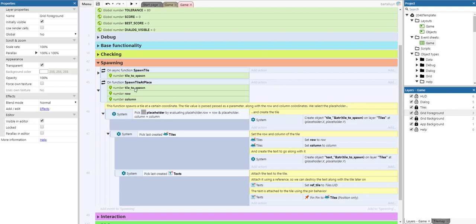So the tile we need to spawn, the row and the column coordinates. So the function spawns a tile at a certain coordinate, with the tile value passed as a parameter along with the row and the column coordinates. So we select the placeholder here and we create the tile. We do that with the create object by name